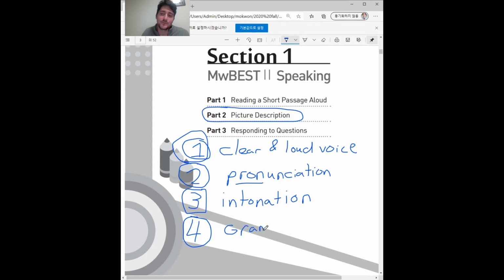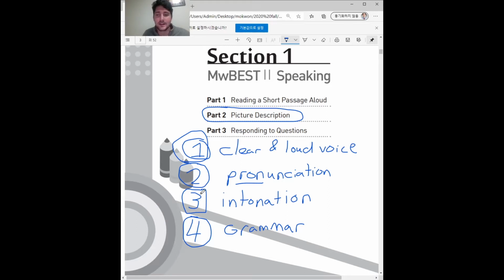And the last one, 당연하지, very important part, of course, is grammar. 문법 필요해요. 제일 중요한 거 아니고, this is not the most important part, but if you use correct grammar, of course, 당연하지, you will get a better grade on the test. Again, it's not the most important. 제일 중요한 거 아니고,